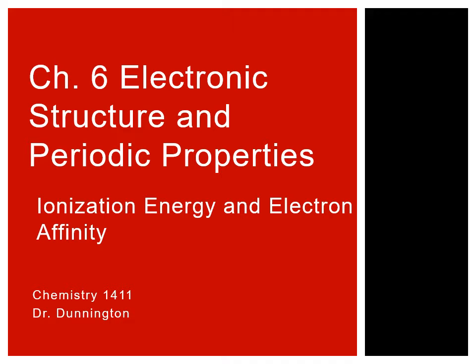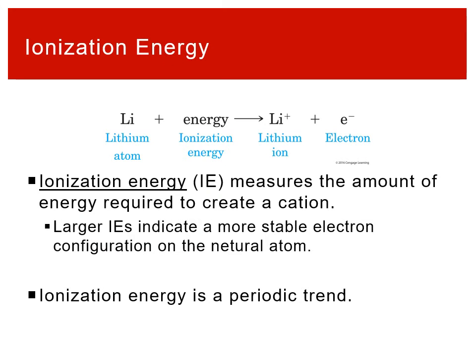Continuing on our discussion of periodic trends, we want to talk about ionization energy and electron affinity. So ionization energy measures the amount of energy required to create a cation. What we're now looking at is not just static properties of atoms, but a tendency for atoms to react. What we're going to start to look at now is periodic trends that are explicitly looking at the reactivity of